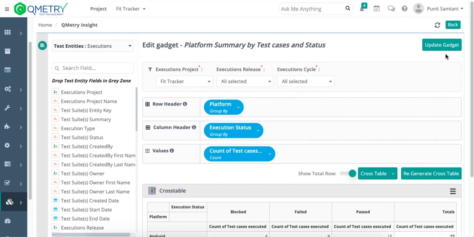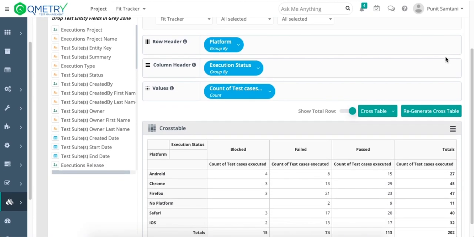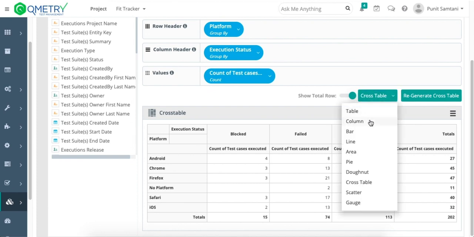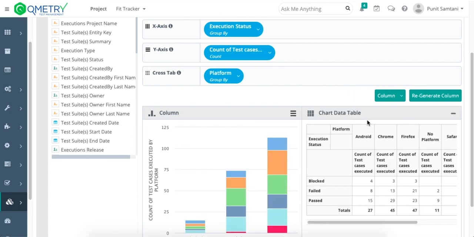So I can either go and update the same gadget or I can choose a different view. So let's take an example that I wanted a stacked column view instead of the grid view. So how would I do that? I would choose the column option and